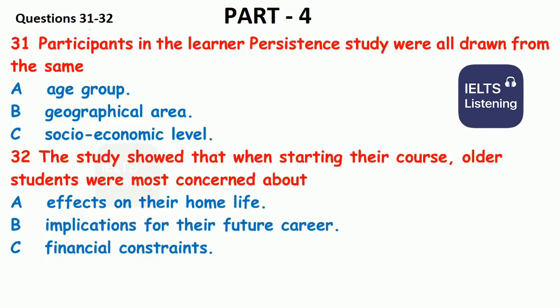What I decided to do was design a research study using a sample of my university's third-year undergraduate students, 295 in all, who obviously had already stayed the course pretty well. The sample was drawn from a range of ages, but there was deliberately a significant number of mature students, and all respondents were living at home in the local region. I wanted to have this element of consistency, not having some coming from outside the area and living in university accommodation. It should be noted, though, that there was significant variation in home background to reflect the variation in our